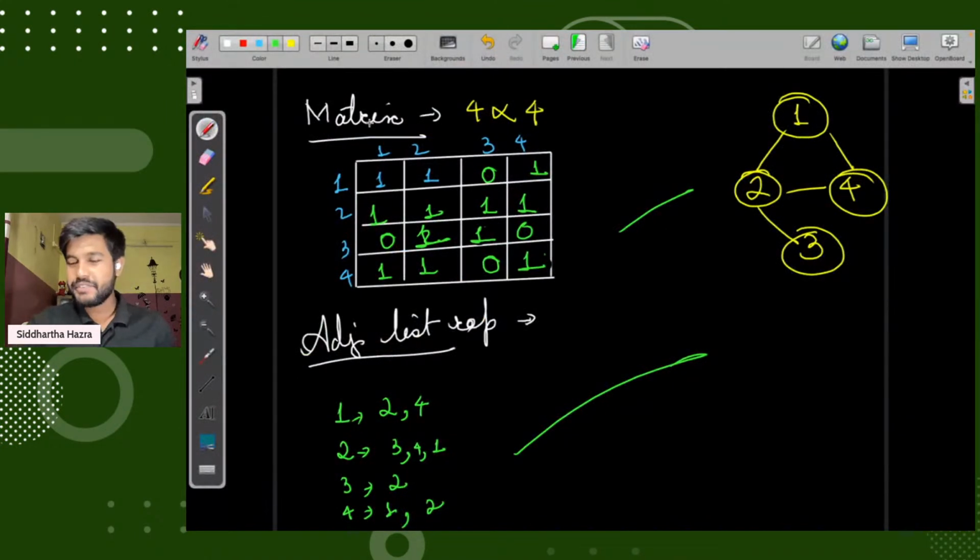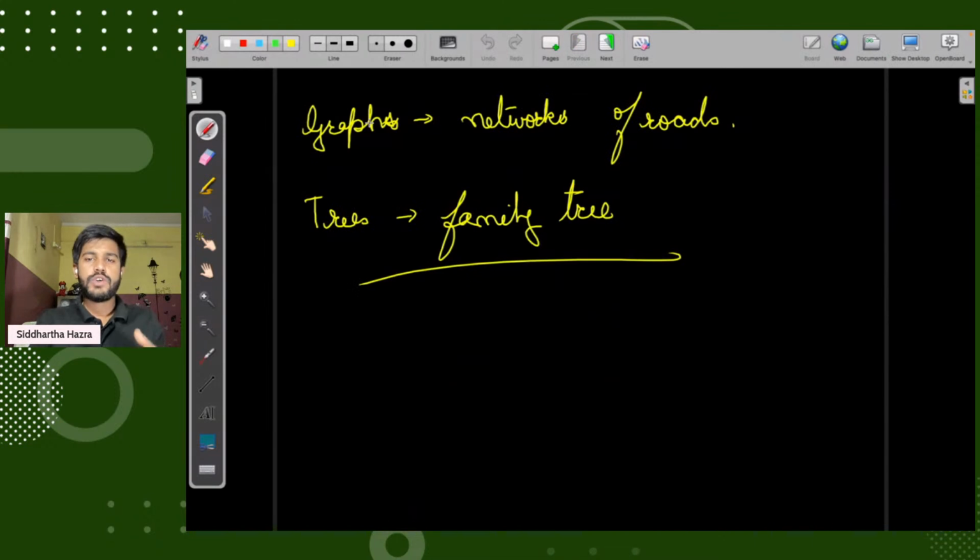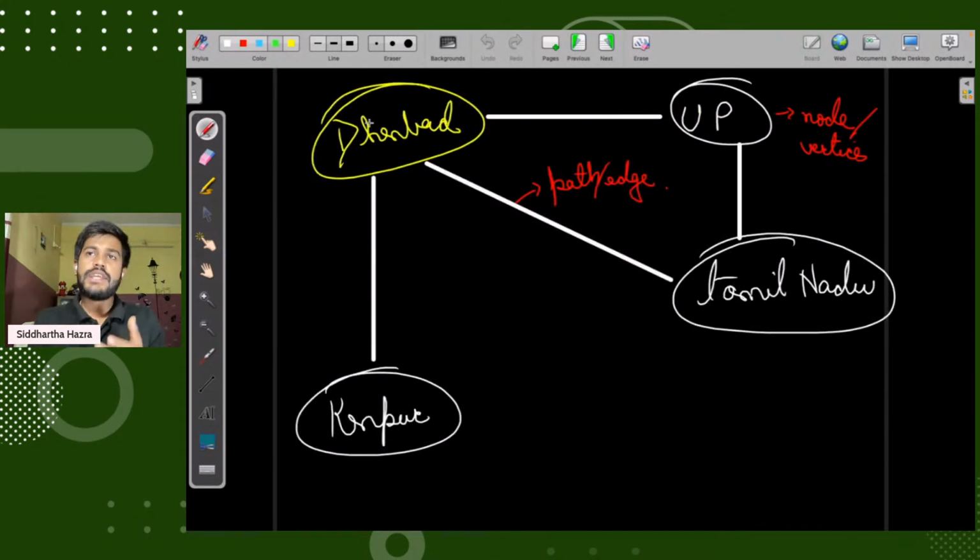Fair enough. So we are done with this one. हमने ग्राफ बनाया. हमने ग्राफ को स्टोर भी कर लिया. We made a graph and then we were able to store or represent the graph in terms of a program. Like, एक घर था. Suppose there is a house. Let's take the same example. We had a network of roads. First we understood that this is the network of roads, then we represented the network of roads in terms of programming.